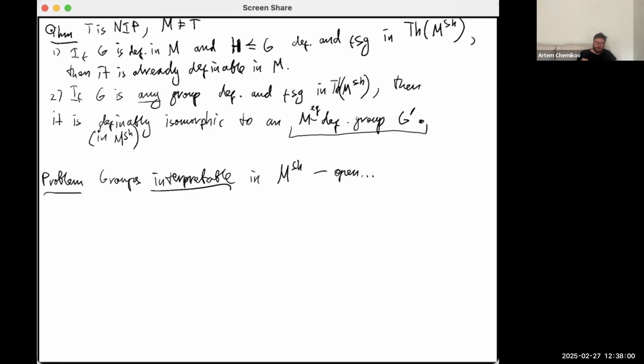And in fact, even the proof of this theorem that I stated has to go through hyper-definable groups. So it's a bit funny. One has to first recognize this group as a hyper-definable object in T, and then you can eliminate this thanks to the fact that you started with something externally definable. Okay,